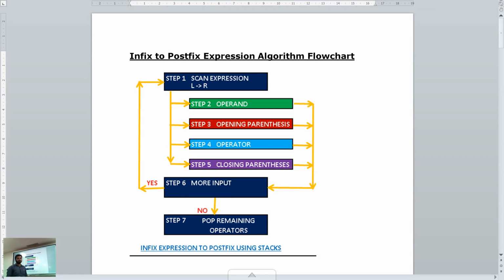So now let's look at the actual algorithm. Okay, let's look at all these 7 steps in detail.